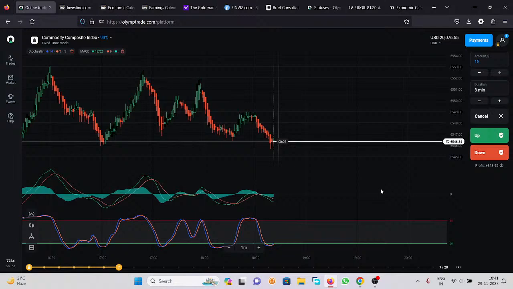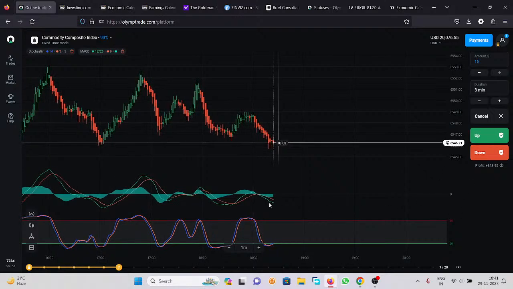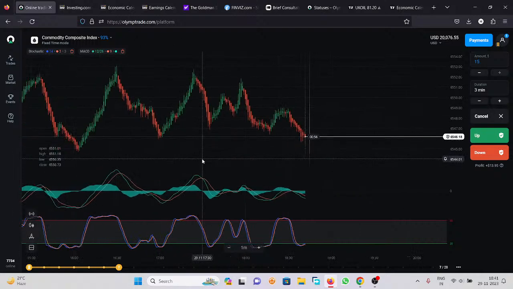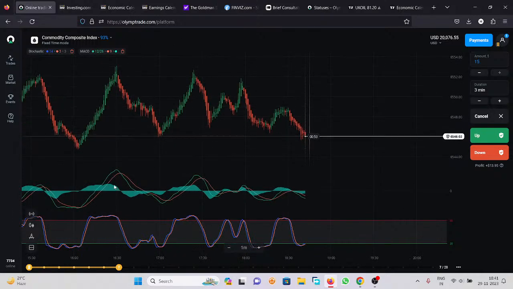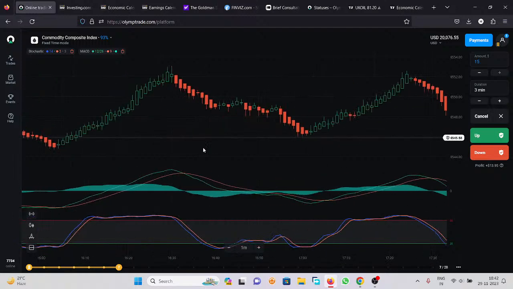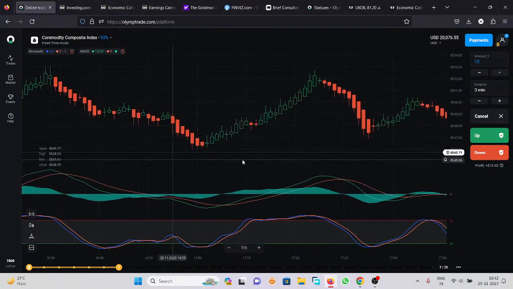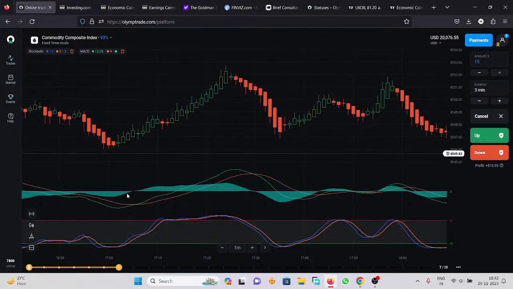How does it work? Usually, if you look, there is a horizontal line in the area chart. If you check, this one is a horizontal line. The MACD crosses this line from upward to downward and from downward to upward from time to time. Once the MACD crosses the horizontal line from upwards to downwards, you can see we have a downtrend situation. Similarly, when the MACD comes and crosses the line from downwards to upwards, then we have an uptrend condition.